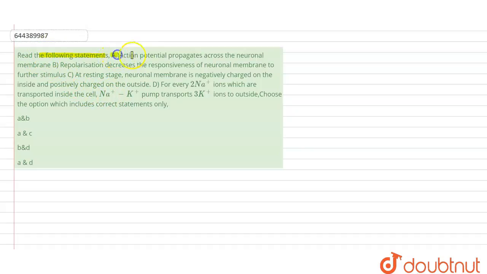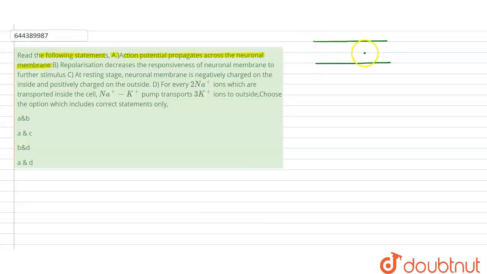Hello students, the question here says read the following statements. Statement A is that the action potential propagates along the neuronal membrane. So let's first see the conduction of impulse. Here we see that when a nerve is in the resting state, it is not conducting